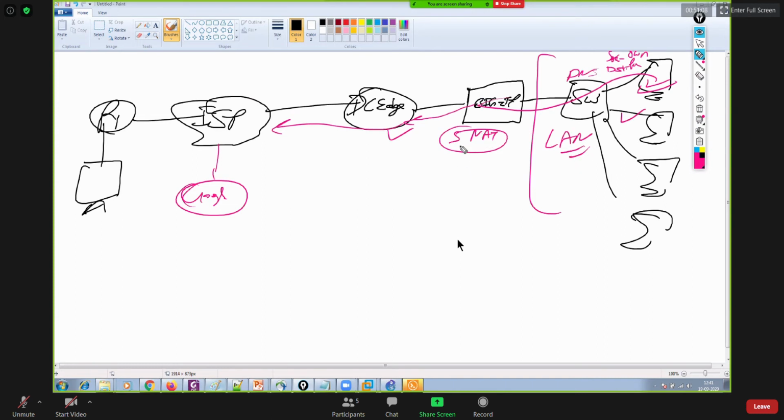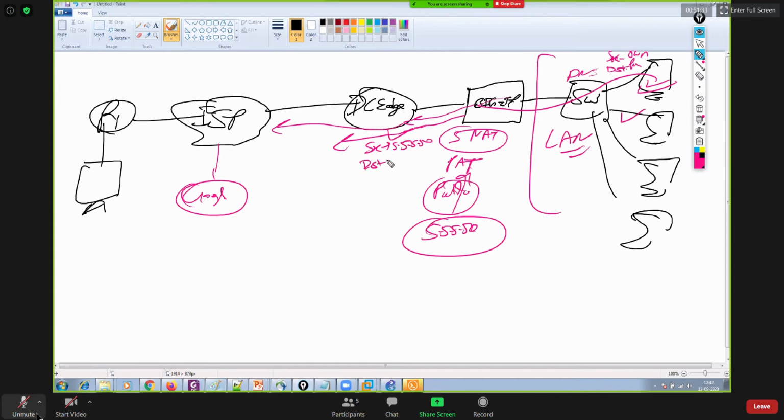So it should perform the SNAT, which is PAT, and I must have a public IP over here which I will be using to perform PAT. Let's say I have decided that I'll be using 5.5.5.50. I'll be using this IP address here to perform PAT for my real server. Whenever the big IP provides that packet to the DC edge, the source IP is going to be 5.5.5.50, and the destination will remain the public IP, same as before. I mean, it will be a Microsoft data center's IP address from where my real servers will be downloading the Microsoft updates. Does that make sense to all of you?